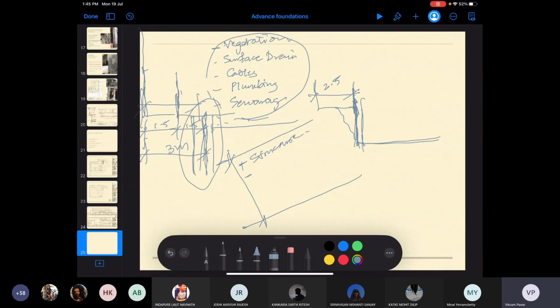Number two is about your details, joineries and details and all, right? Number three is how those details weather. So details and weathering is actually related, but how those details weather. Number four is your representation of it in terms of drawings and all. And the fifth is your sequence of the construction.